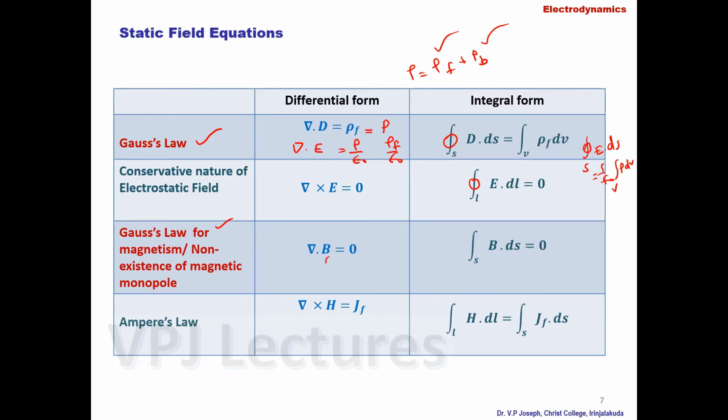So non-existence of a magnetic monopole is the Gauss flux theorem for magnetism, and the differential form of that equation is del dot B is equal to 0, del dot B of r is equal to 0, and the closed surface integral B dot ds is equal to 0. Now in the case of a source-free equation, just like del cross E is equal to 0, del dot B equal to 0, we are representing the field quantities used for the free space medium, that is